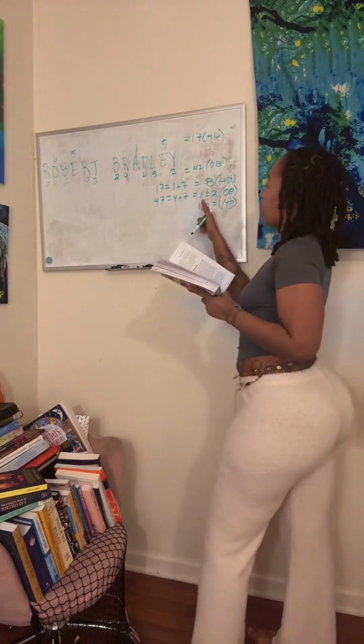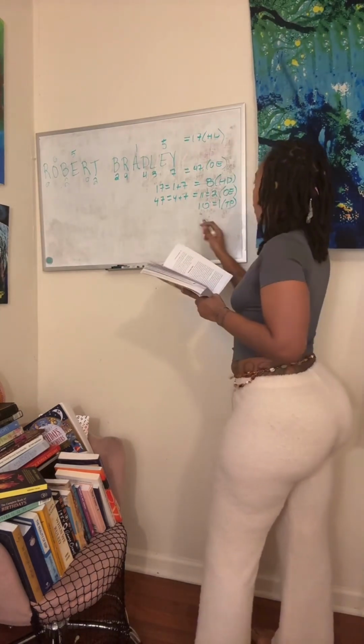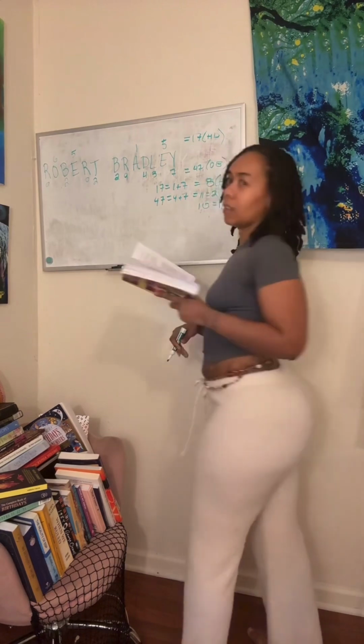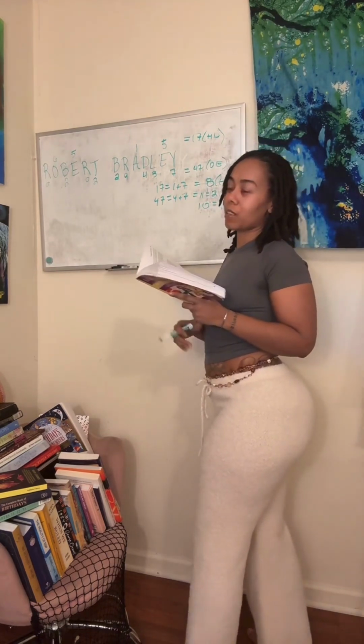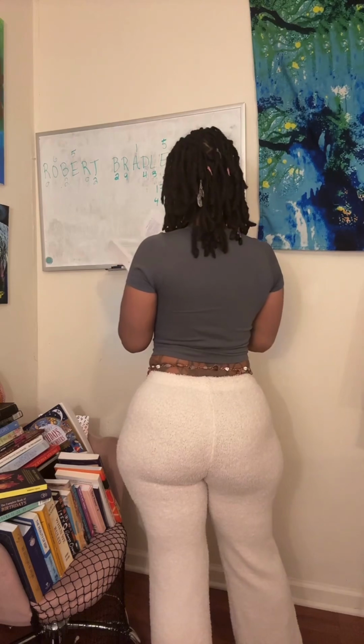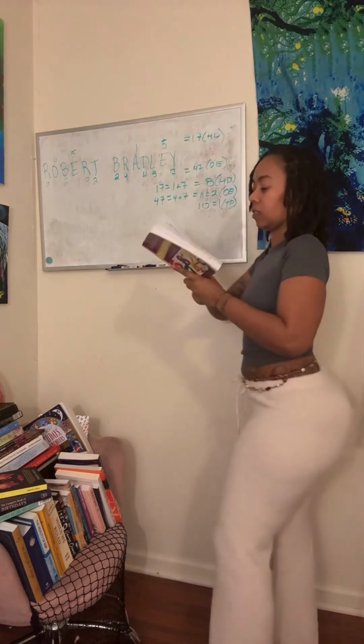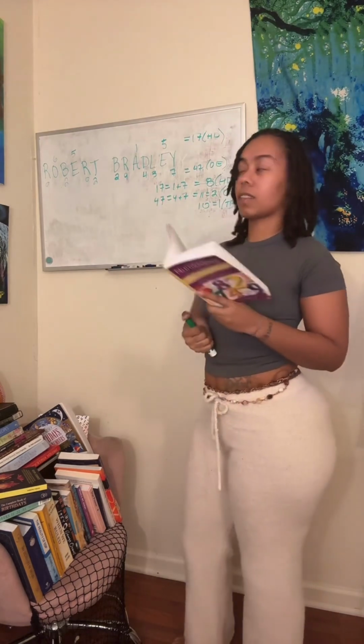The 4 plus the 7 equals 11, and 1 plus 1 equals 2. When we add them together, we get 10. 1 plus 0 is 1, which is his total personality number. Okay? The 8